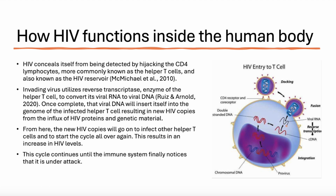The invading virus utilizes the reverse transcriptase enzyme of the helper T cell to convert its viral RNA to viral DNA. And once it completes that, the viral DNA will insert itself into the genome of the infected helper T cell, resulting in new HIV copies from the influx of HIV proteins and genetic material. From here, HIV copies will go on to infect other helper T cells and start to cycle over again,